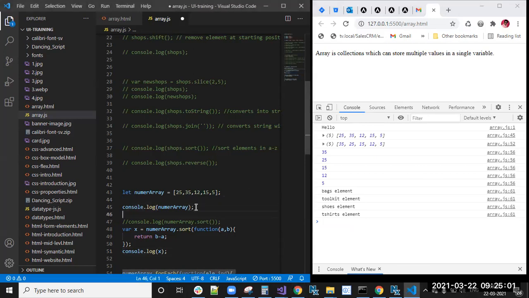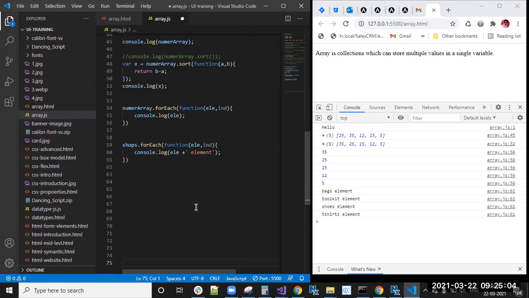This is the forEach loop. The forEach loop means it will iterate each and every element in an array. Here we have the number array, right? With this, you want to multiply each element in that number array by two. You can see here 70. First is 35, right? 35 into 2 is 70, 25 into 2 is 50, like that. Each and every element is multiplied by 2. By using the forEach loop, we can iterate each and every element in that array and we can do some manipulations also.